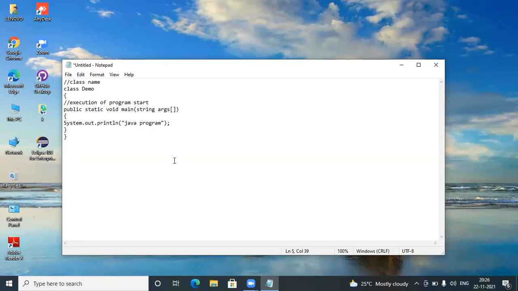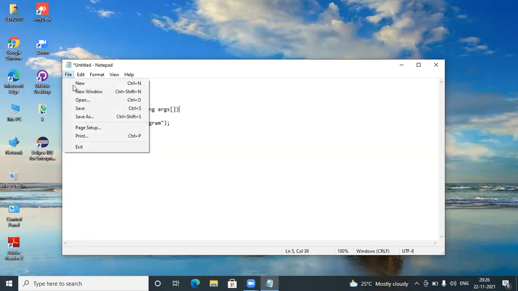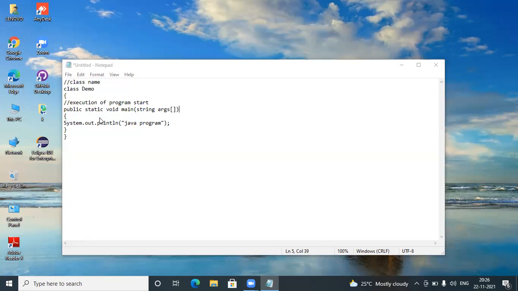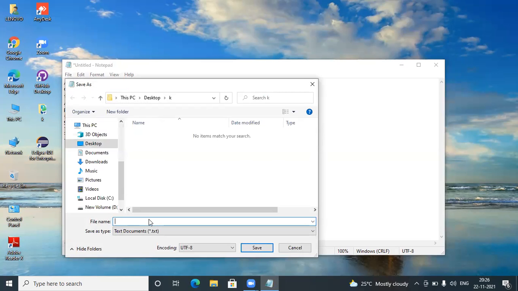Now you save this file on the desktop or anywhere you want, not only desktop, anywhere you can save it. Give a name to this file. Okay, wait. Yeah, change this to file.